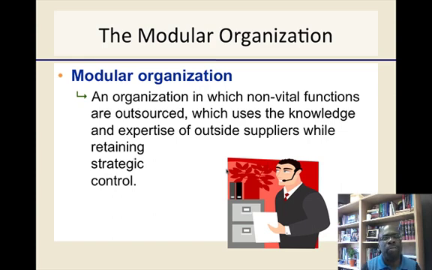The next type of boundaryless organizational design is what we call the modular organization. And the modular organization is an organization in which non-vital functions are outsourced, which uses the knowledge and expertise of outside suppliers while retaining strategic control of vital functions in the organization. And so sometimes some of these controls deals with issues about